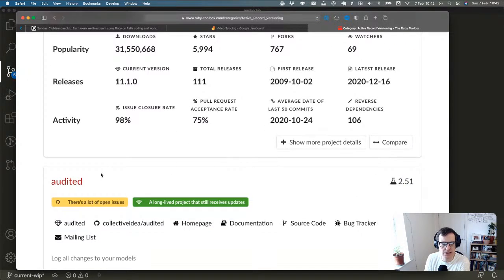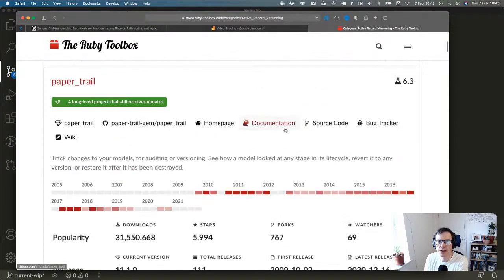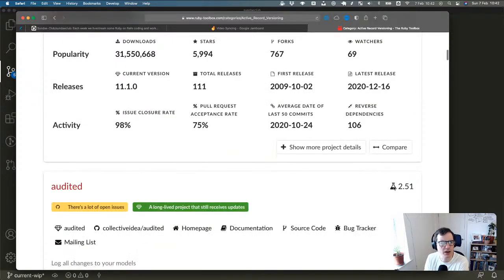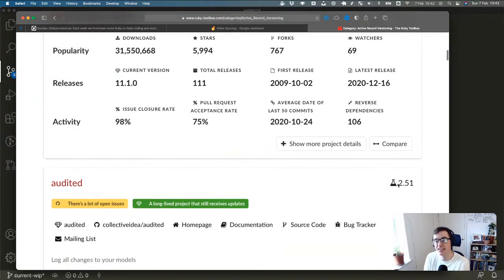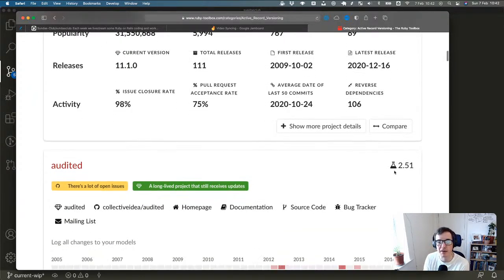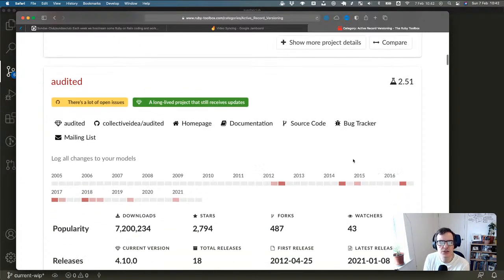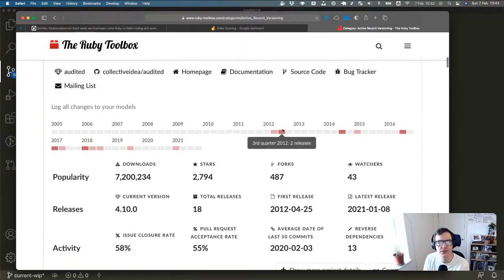And Audited, which is the next one that I'm aware of. This score, I think it's some sort of internal score that they have on Ruby Toolbox, is 6.3. We did look at this last time, and then this is 2.51. I can't remember exactly what that is, but 6 and 2 are quite far apart. I'm assuming this is out of 10 or something. But it'd be interesting to see what differences they have, like we did for